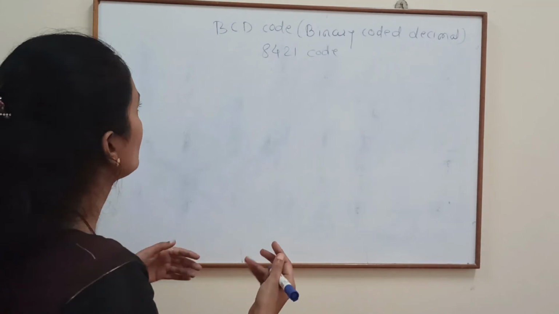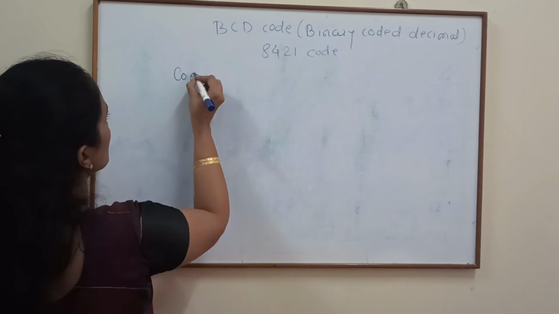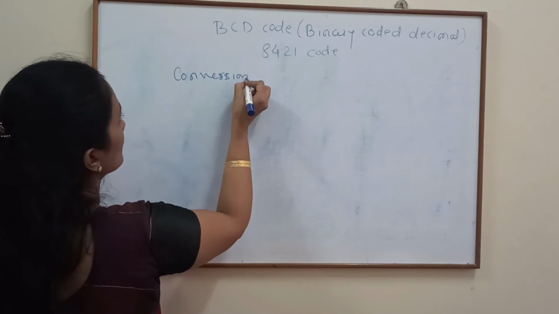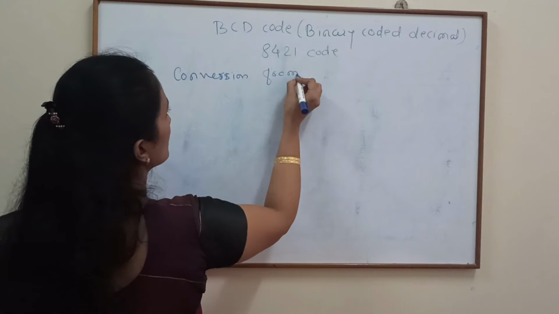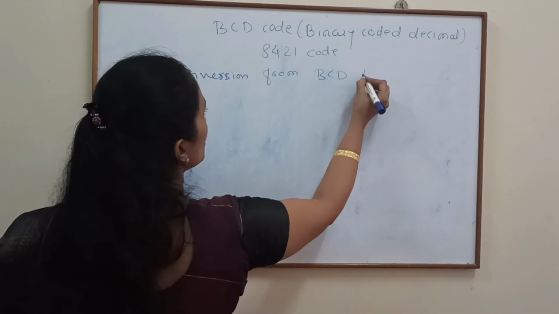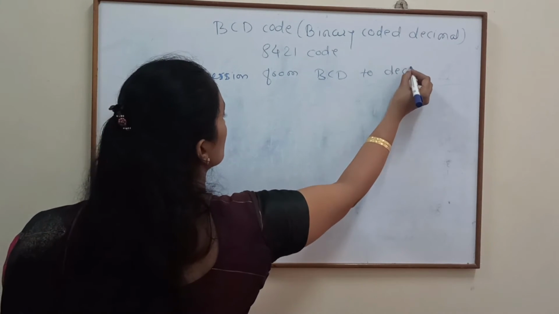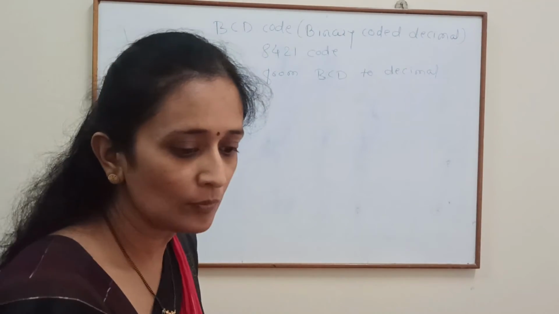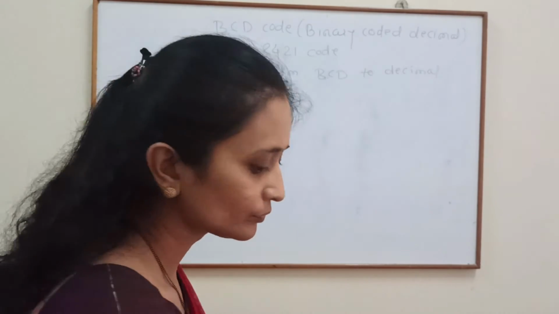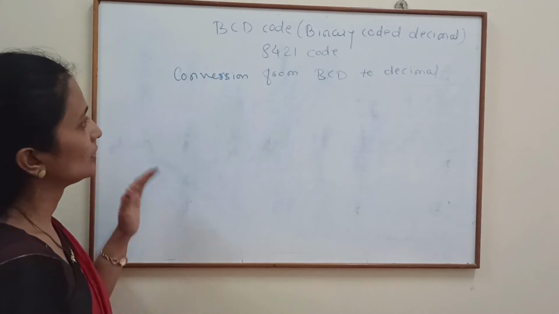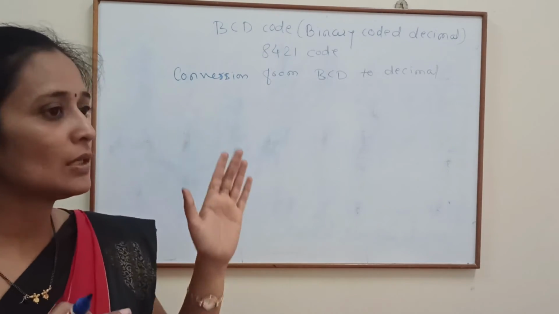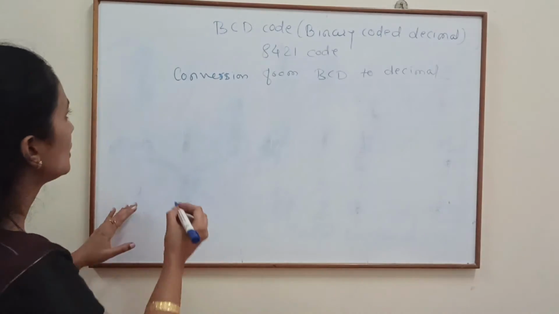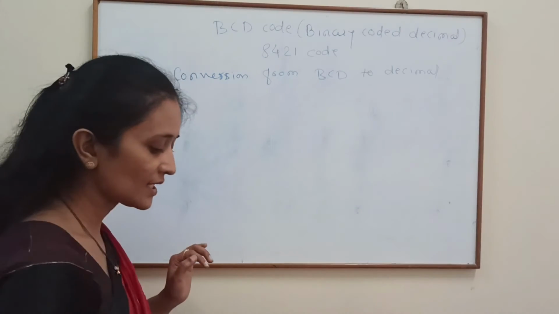Now we will see the reverse. Conversion from BCD to decimal. To convert a number from BCD to decimal, the procedure is exactly the reverse of whatever we have seen now. For that we will take an example. First example,